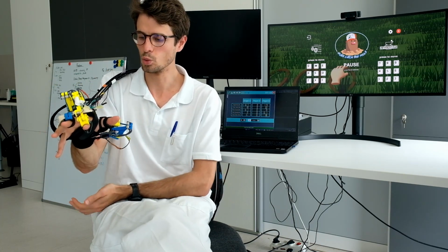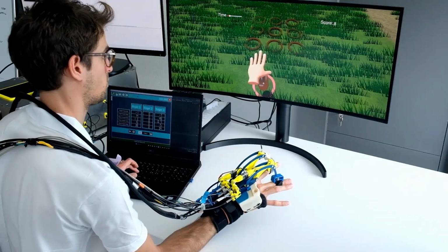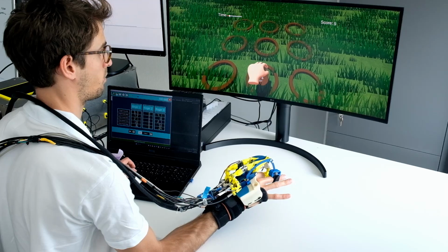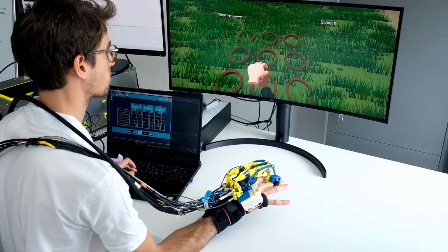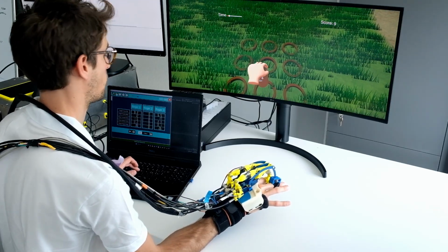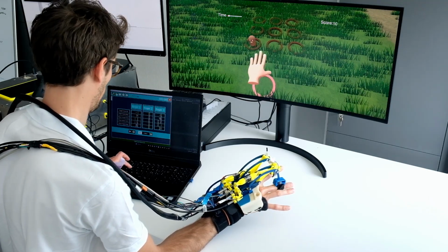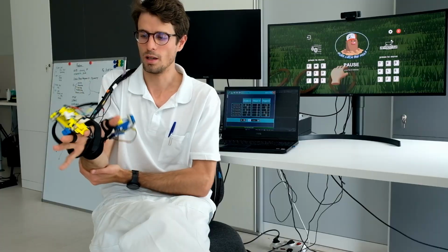Compared to Amadeo by Tyromotion, there is a problem related to the weight of the exoskeleton. Even though HES is still a prototype, this critical problem has to be fixed. The researchers will surely find a way to support the forearm and the transmission Bowden cables without impeding the pronosupination